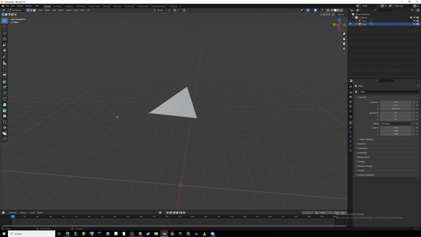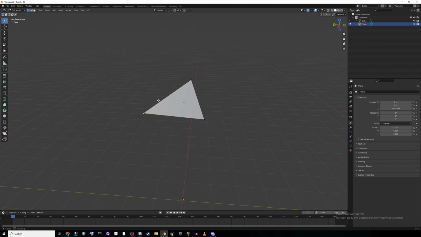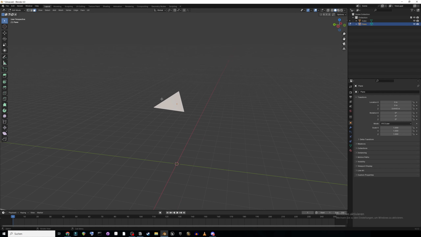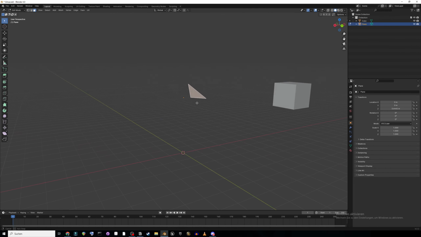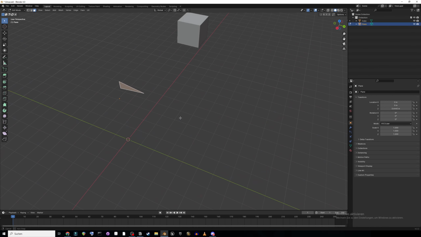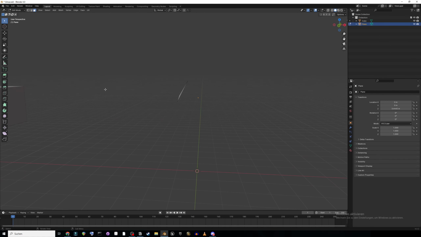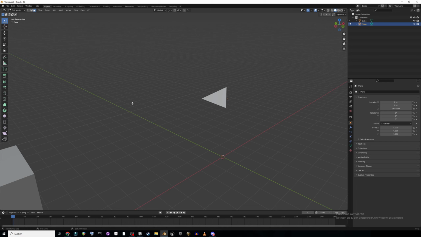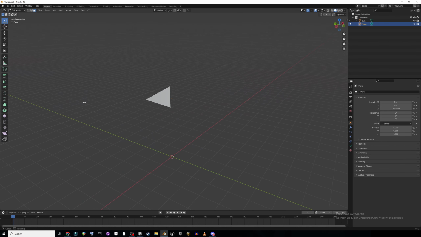Today we're mostly working with 4 edges, which is a polygon, but there are game engines that prefer triangles in a 3D model. One thing we have to notice when we go into modeling is that when we later import the model, or we're going to render it, which means we're creating an image out of that, like a PNG file,